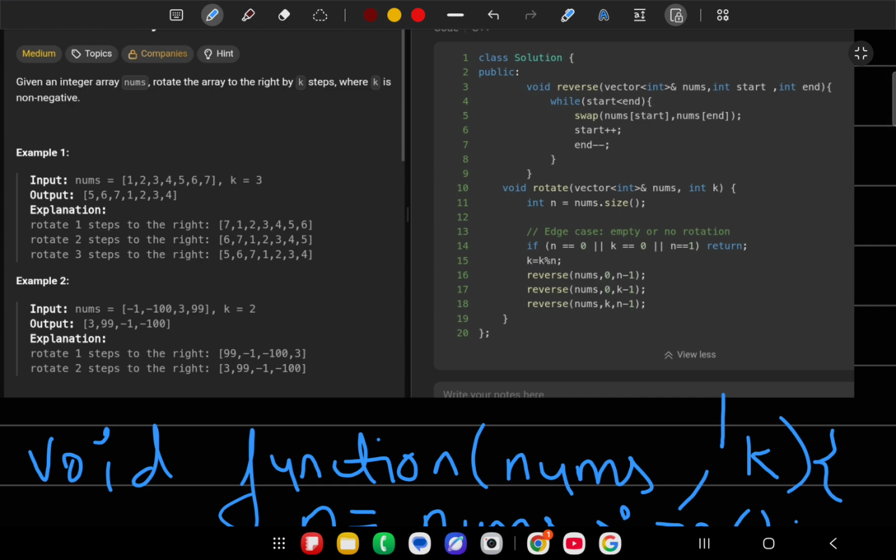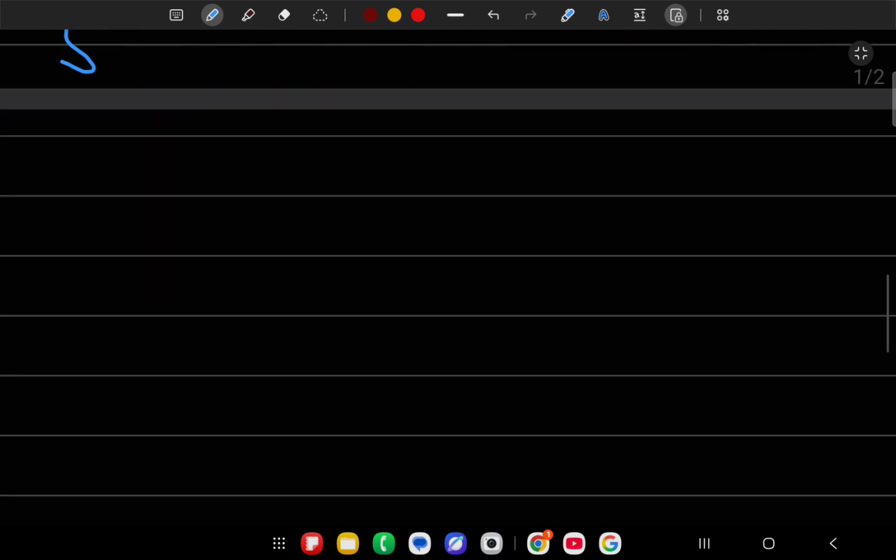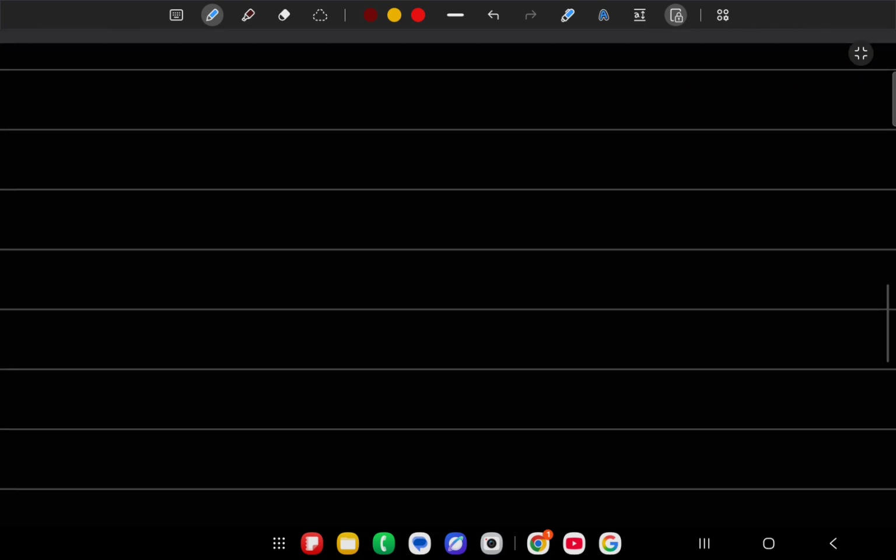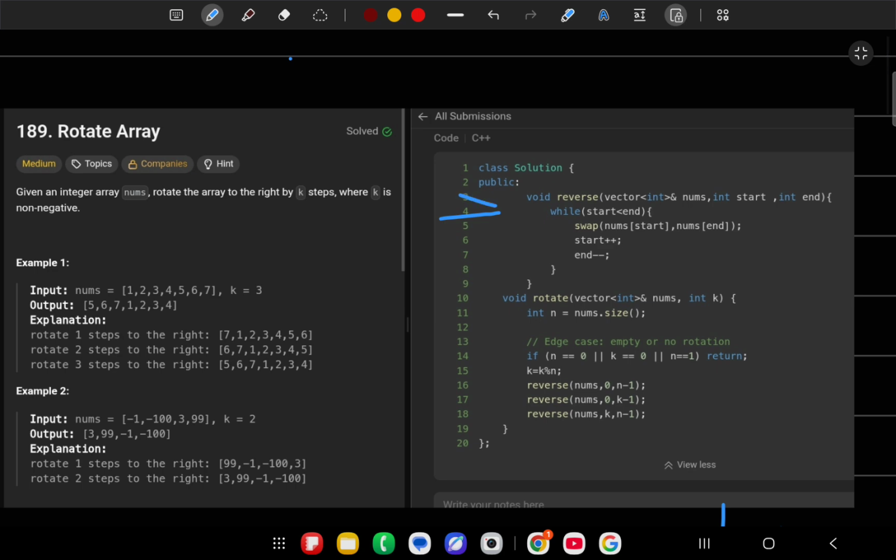Now let's write the code for reverse and understand it here. We have a starting point and an ending point.